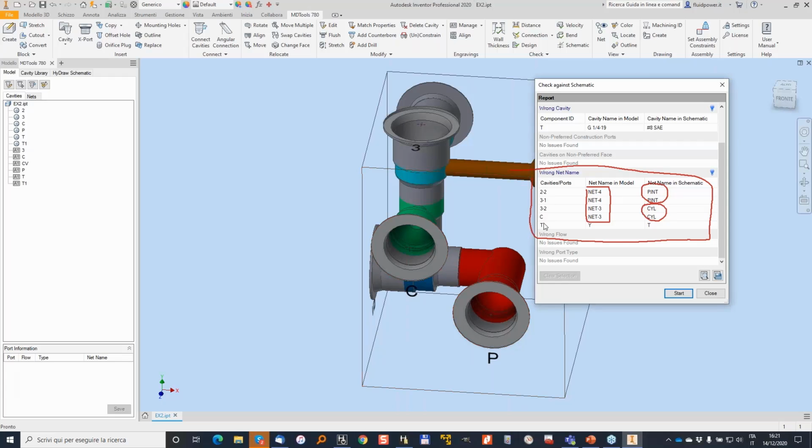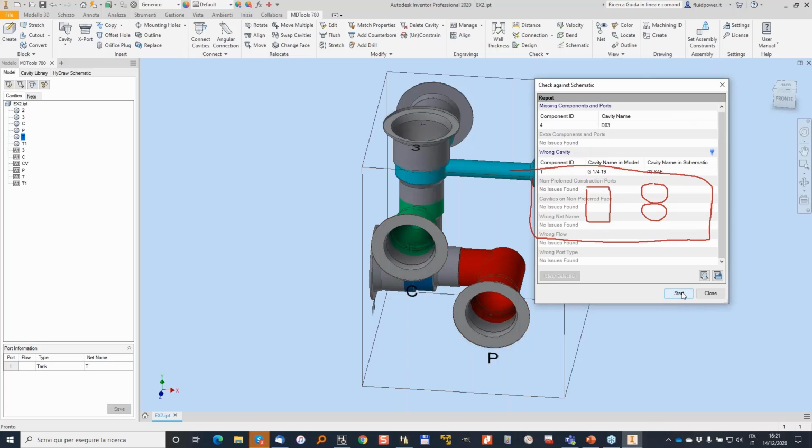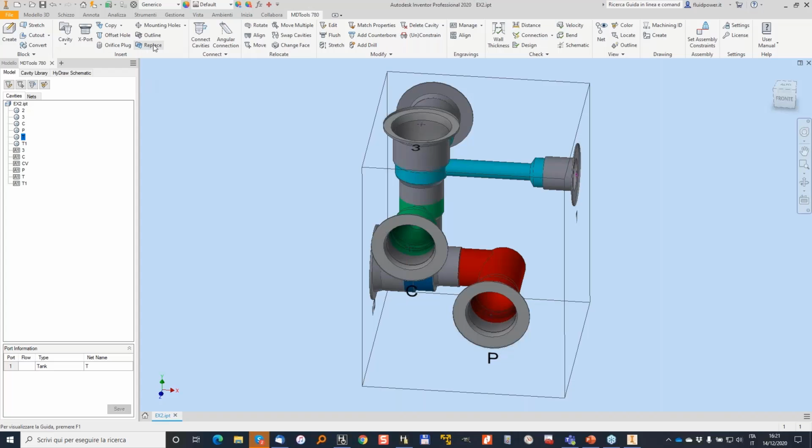And then also I can see that T should be a tank line. So I selected T-net. Let's compare again. Now, as you can see, those inconsistencies between nets have disappeared, but I still have the cavity that is not correct. So I go back and do the replace